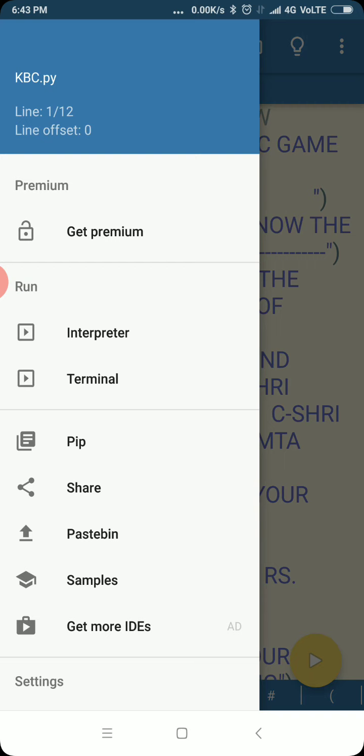Now here is pip. With pip install, for modules or libraries like pandas, numpy, if you want to use them, like the math module or random module you want to import, you simply go to pip and give the random module.